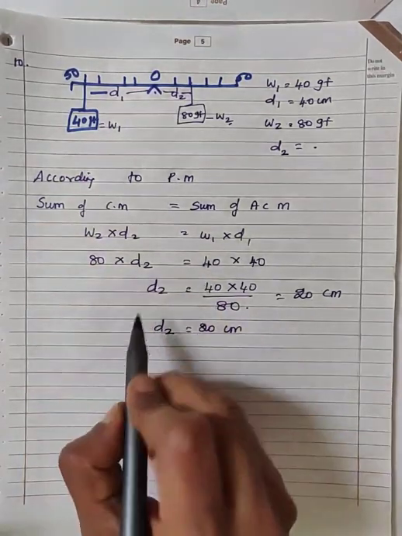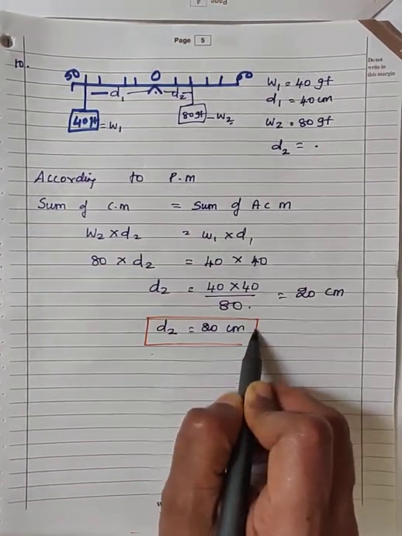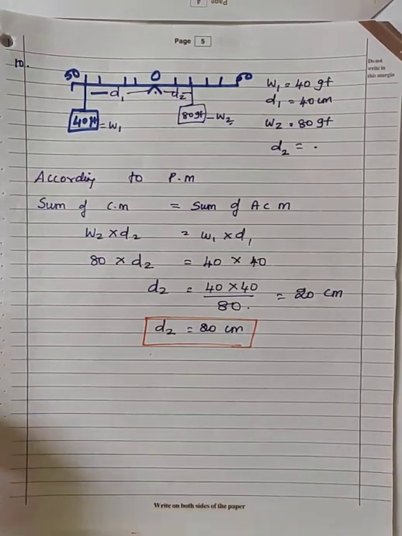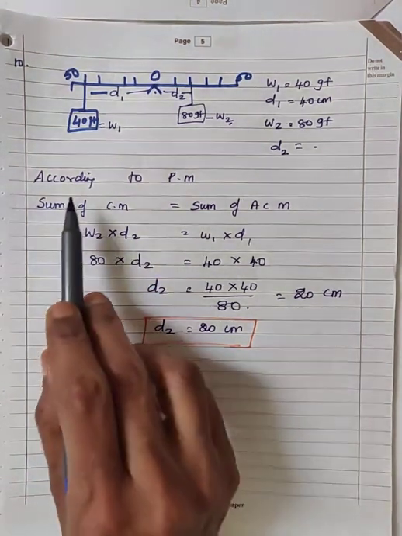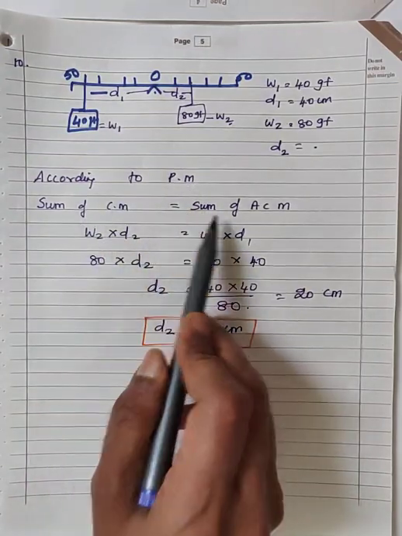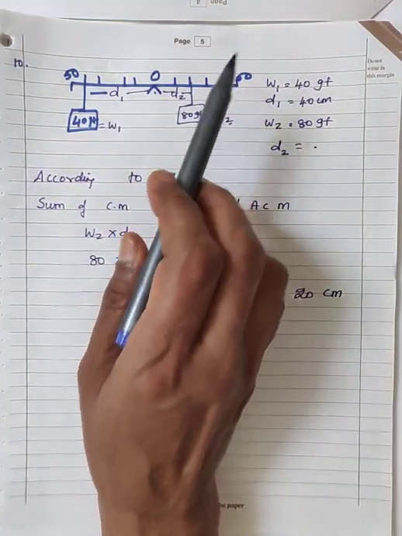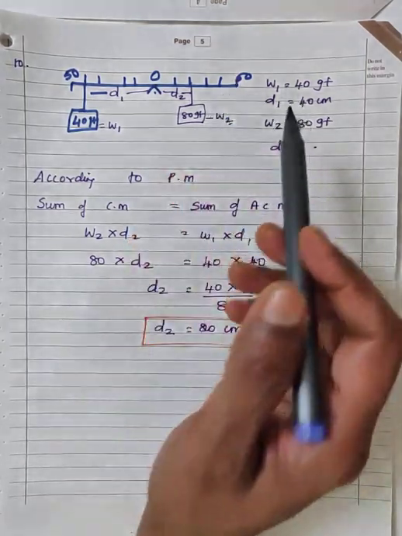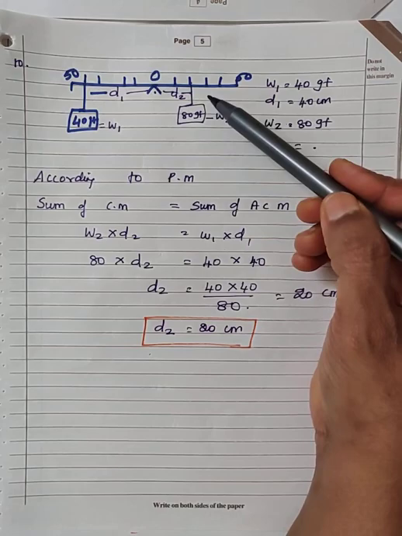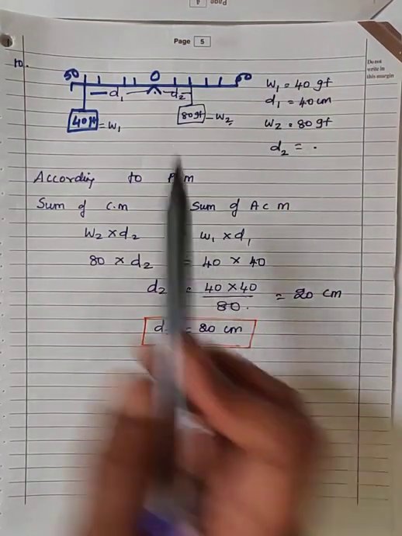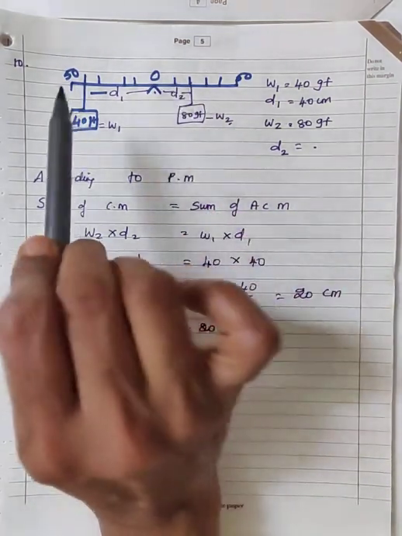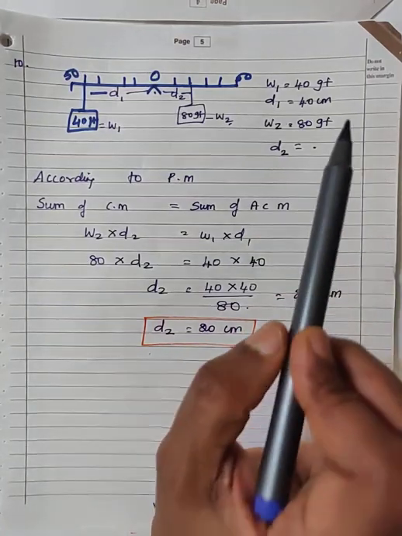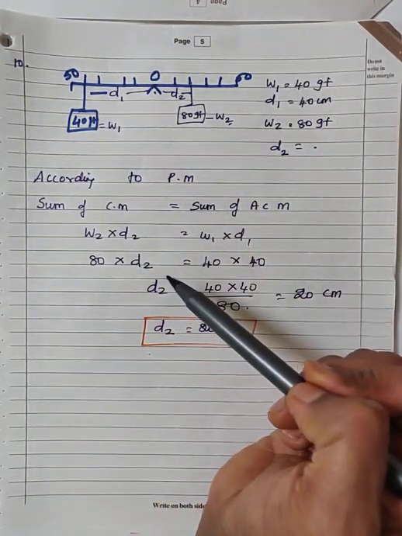Okay. So the point of suspension of 80 gram force should be at a mark of 20 centimeter on the right side. So this question, how can you balance the bar with the weight of 80 gram force? Here we have started according to the principle of moments. If these two are equal, then the ruler will remain in horizontal position, that is in equilibrium. So for that, we have to suspend the weight 80 gram force at a distance of 20 centimeter from the pivoted point. If you suspend 80 gram force at 20 centimeter from the pivoted point, then the scale will remain in equilibrium. That is, the scale will remain horizontal because the condition of equilibrium is satisfied.